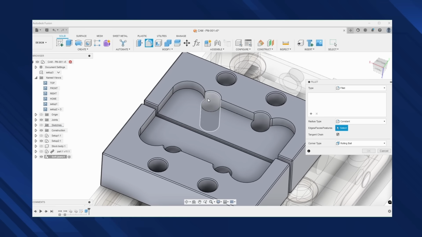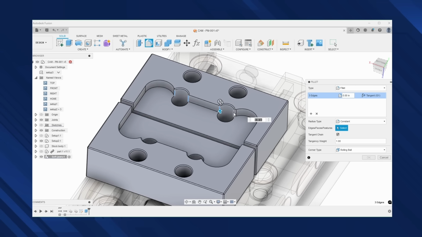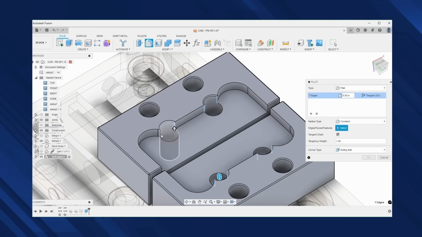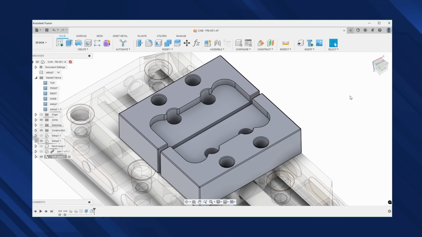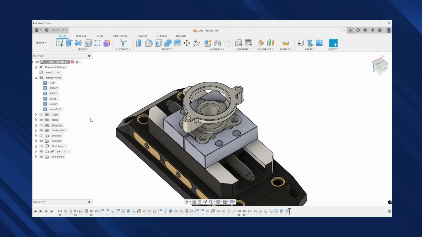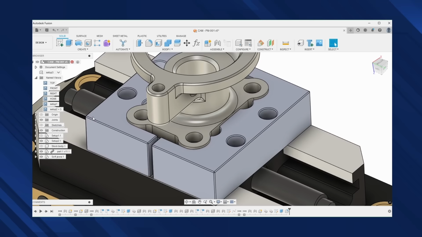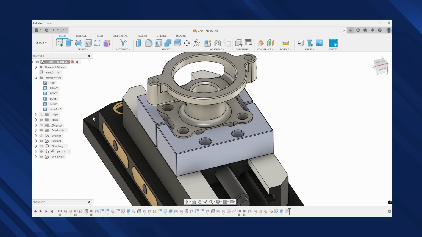I'm going to add some fillets to any sharp edges, just to be sure I don't gouge my part. And I'll make that radius 100 thou. And that should be good. Now bringing my part back in here, we can see what that looks like. I think that will work well. After we've completed our soft jaw design, we can finally move into the manufacturing environment and begin applying toolpaths. But I'm going to leave it right here for this video.